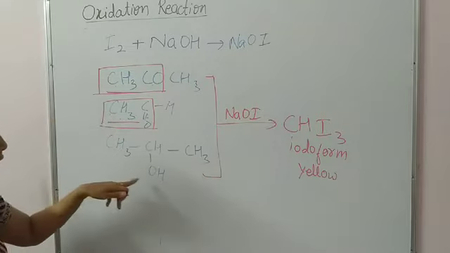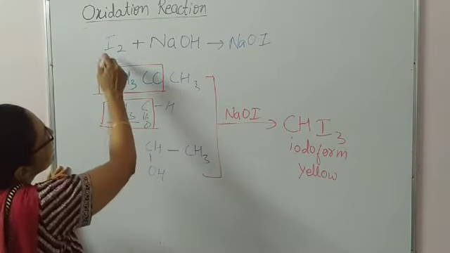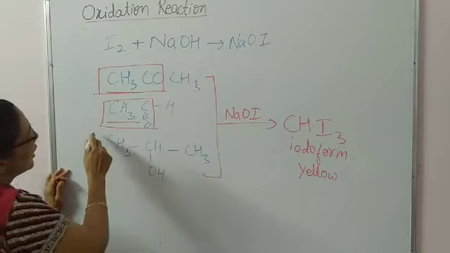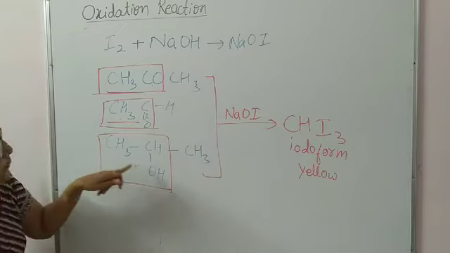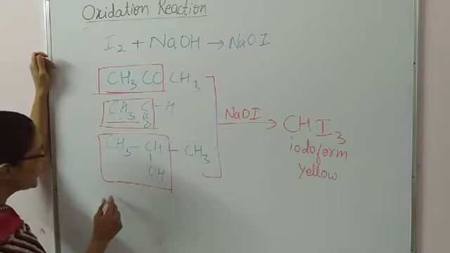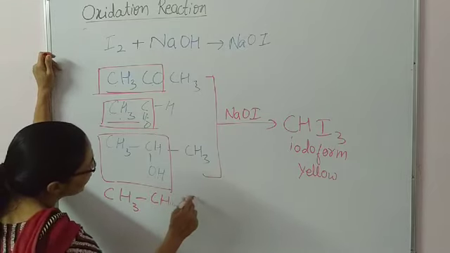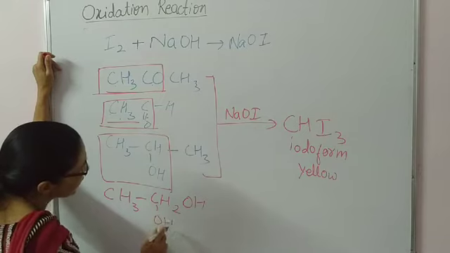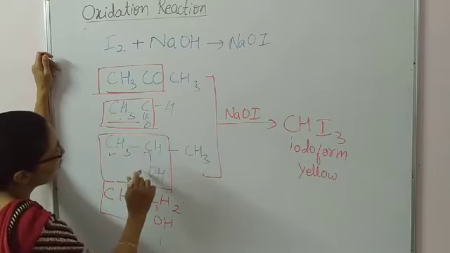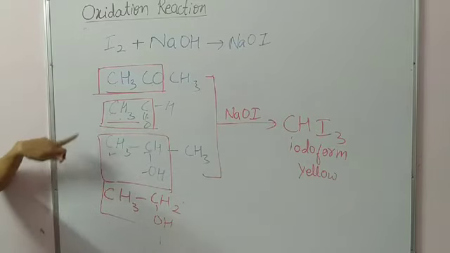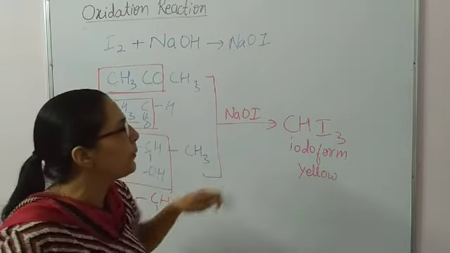Then next, about alcohol. Alcohol also gives this test. When alcohol is treated, a selective alcohol which has the common group like CH3CHOH. If this group is present in an alcohol, for example, this group is present in CH3CH2OH, you can say that the CHOH group is present. So if the CH3CHOH group is present, then this will react with I2 and NaOH and it will give a yellow precipitate.